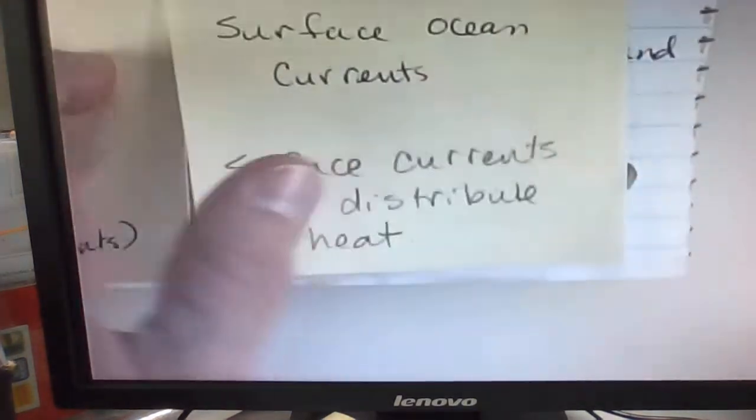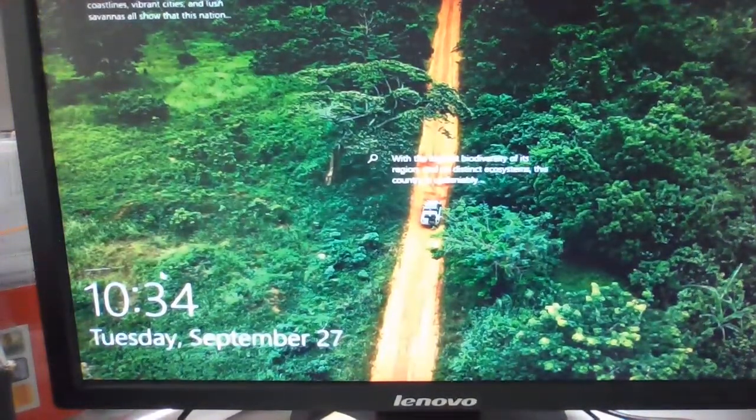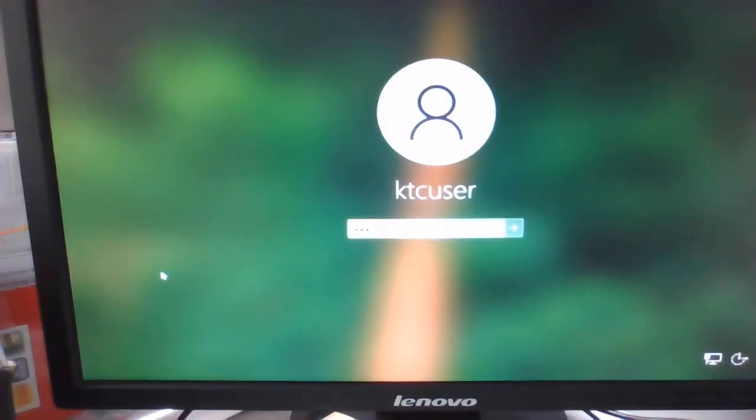Little post-it notes go on top of that. And the little diagram goes on top of that. Okay, so let's take a look. I showed you the winds in the atmosphere